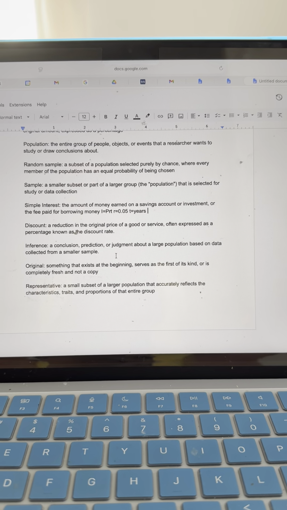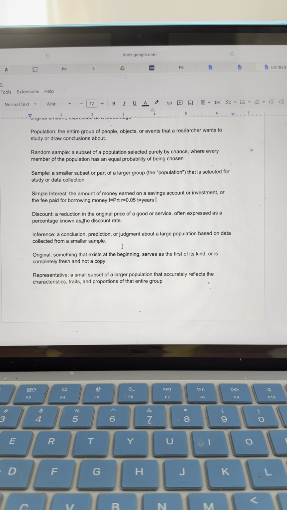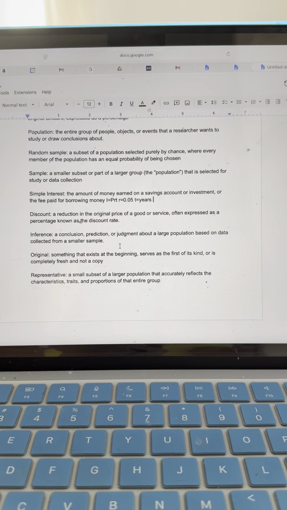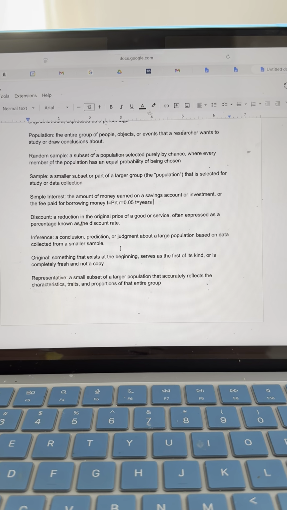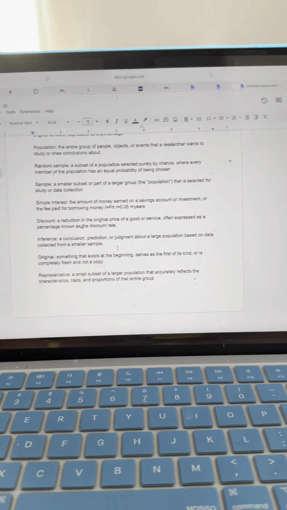Original, something that exists at the beginning, serves as the first of its kind, or is completely fresh and not a copy. And representative, a small subset of a larger population that accurately reflects the characteristics, traits, and proportions of the entire group. So now that we have all of those defined, we are going to use those definitions to answer these questions. All right, so number 1,